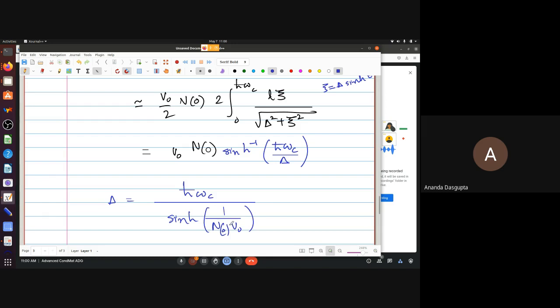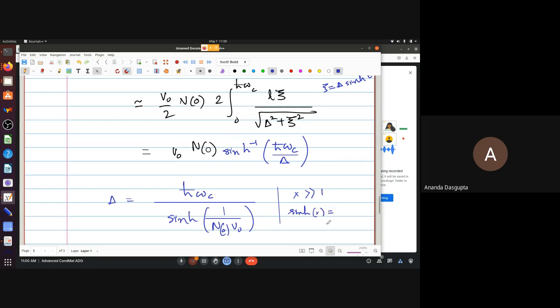Okay. And in most cases, N0 V0, the potential which binds the electrons together attractively, is a very weak potential. So V0 is rather small. 1 by N0 V0 is quite large. And therefore, if x is large, then